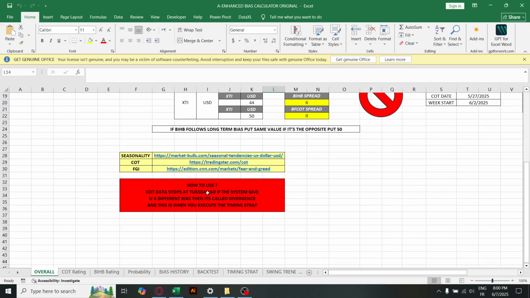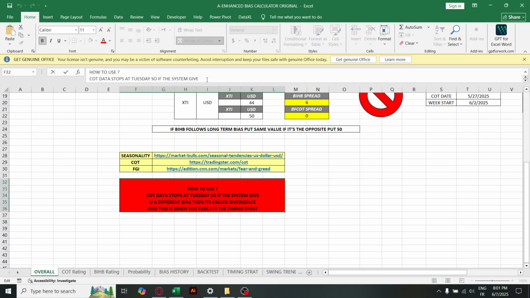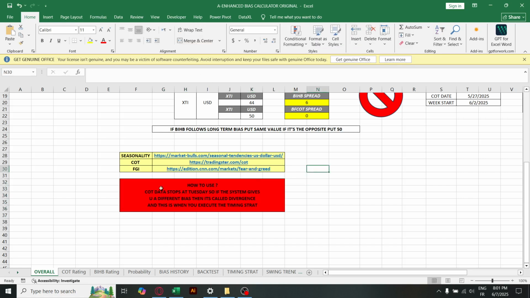So how to use it. The data stops at Tuesday. If the system gives you a different bias, then it's called a divergence, and this is when you execute the timing strategy. If there is no divergence, then I won't. And in this week, there is no divergence because